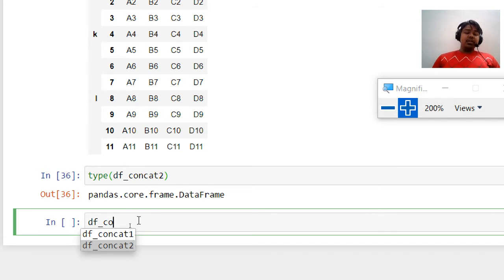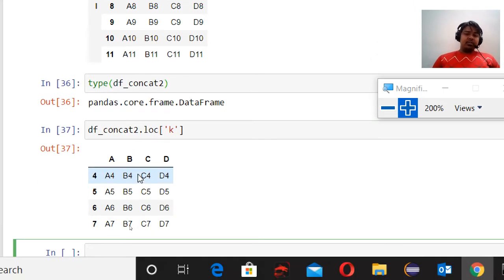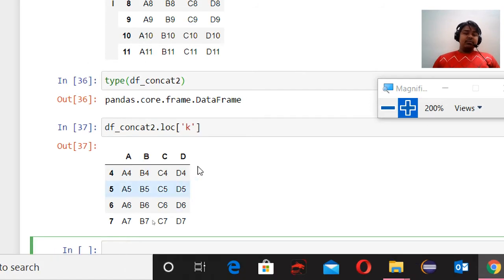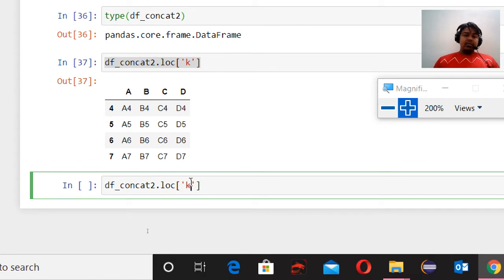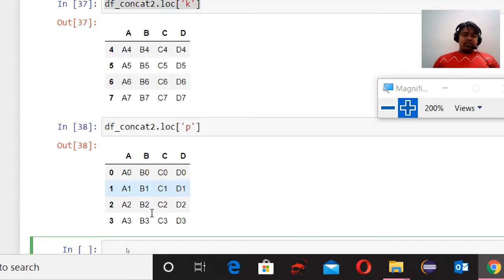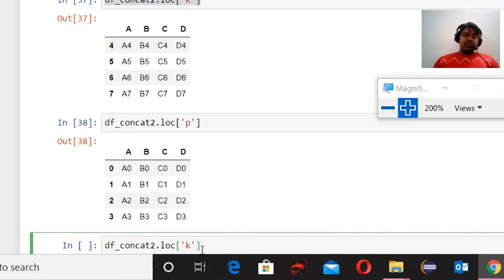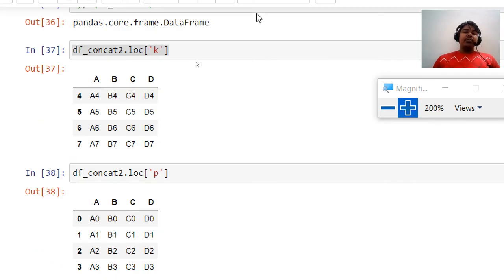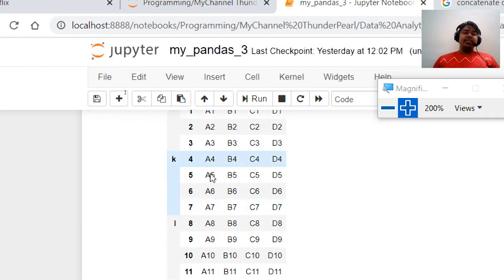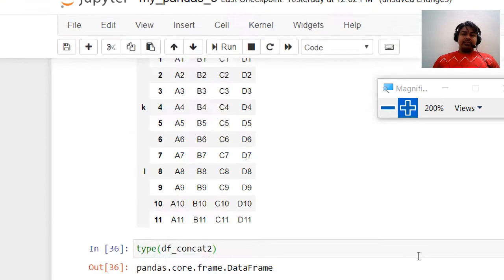So we'll use the .loc function, and inside it we'll pass, let's say, k. This is the data frame, and let's access the others also, and here also. With the help of these keys we can extract all these sub parts of the bigger data frame which we created using the concat function.